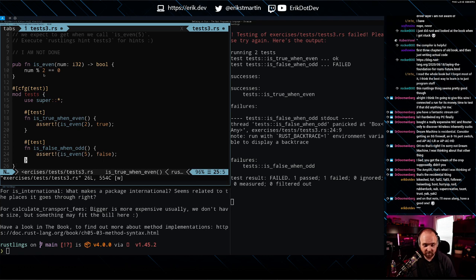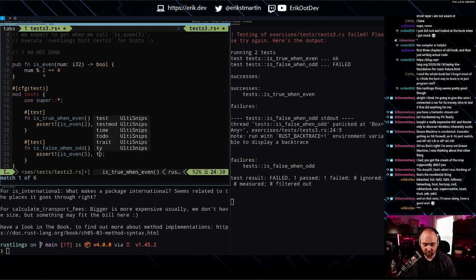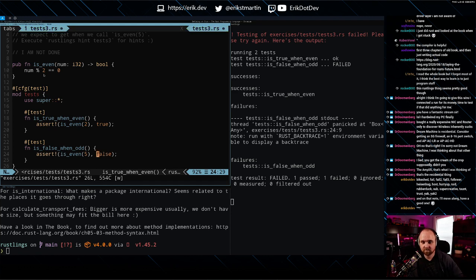Because this is definitely going to return back a Boolean value. And so it should compare it to this. But it fails even if we do this. Why? Panicked at box any.